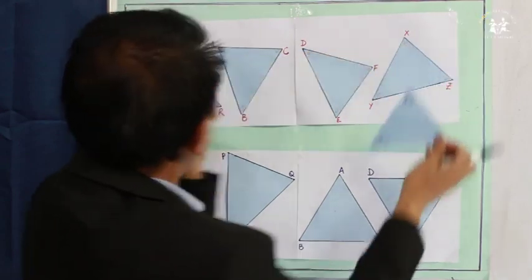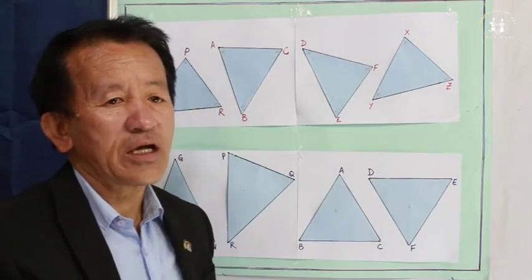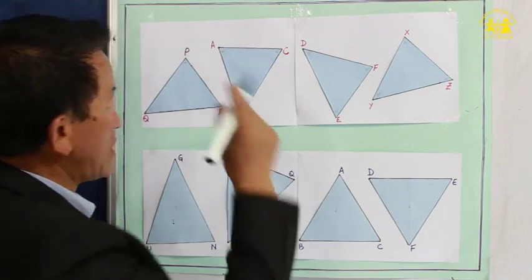So all these triangles are congruent triangles. So congruent triangle in a